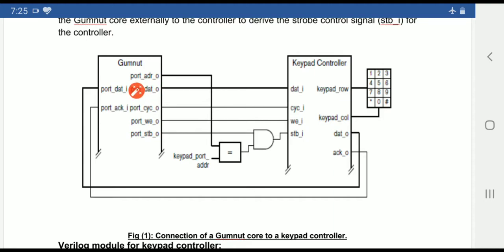So once the port address output is decoded from the GUMNet of an embedded core processor, it will be compared with the keypad port address. If they are equal, it means this is a decoded address of the core processor. So once they are equal, it will enable the strobe input signal of the keypad controller. Once the keypad controller is enabled, whatever the data which is present in the port address of the GUMNet